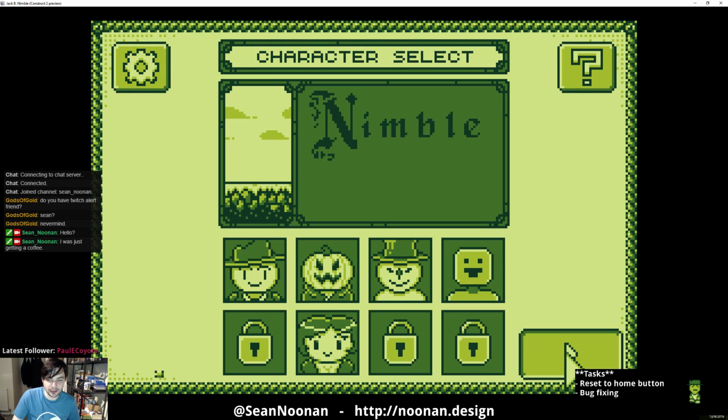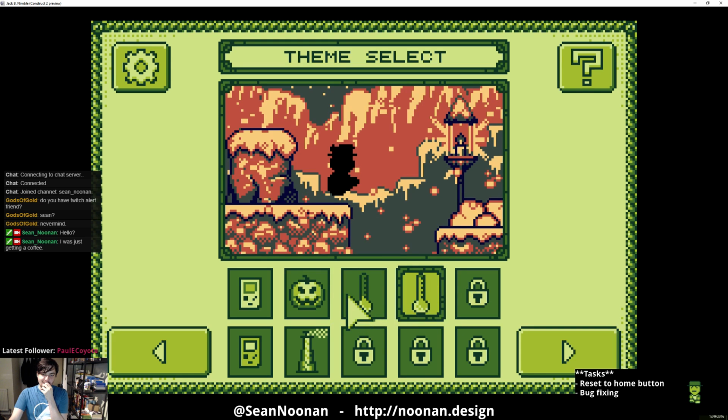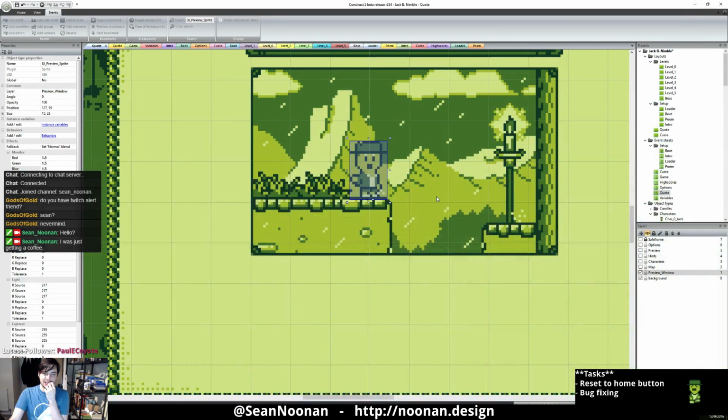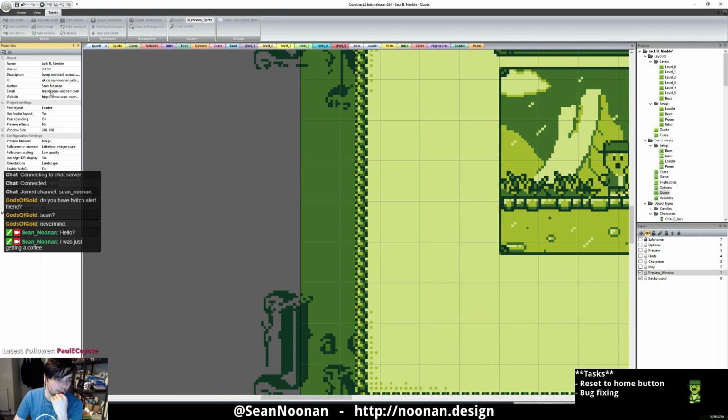It's a bad example. That level hasn't got art done for it. Huh. Okay. Well, so the reason that happened was, if I was to show you what my project properties were, and if I was to run the game with